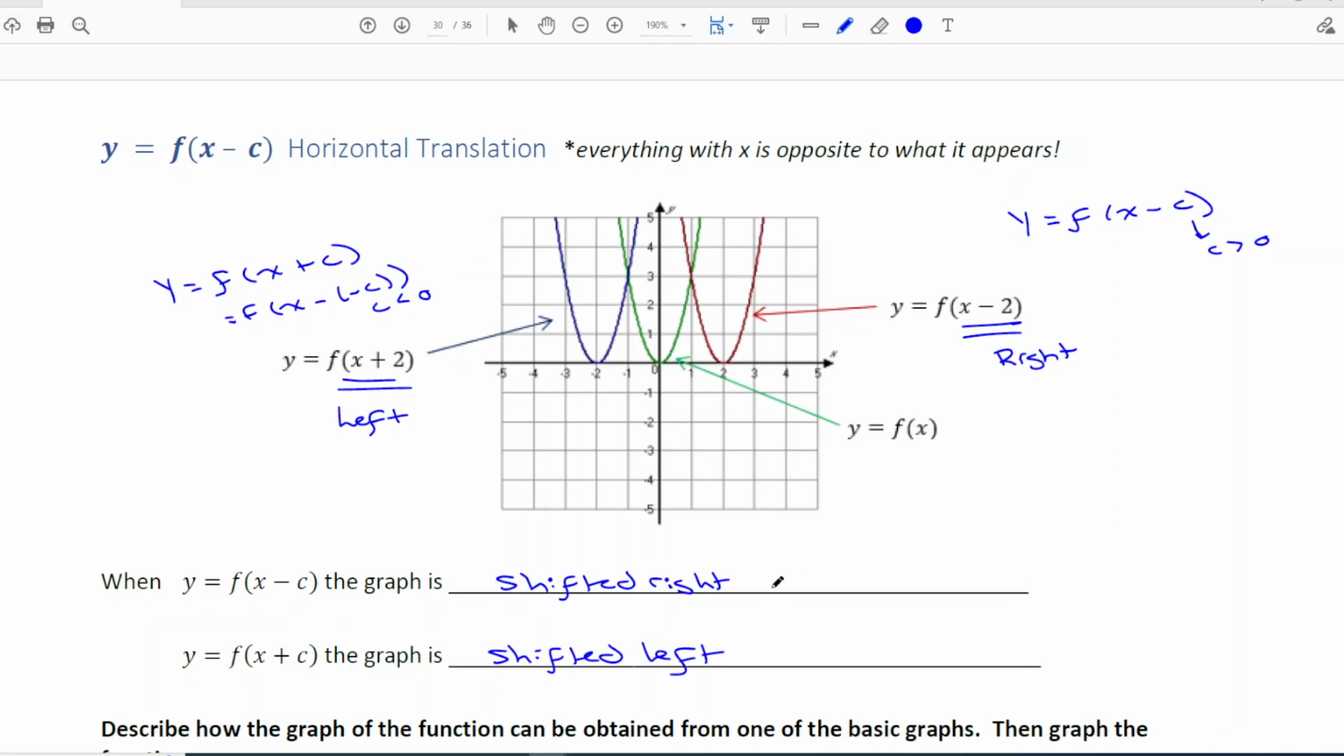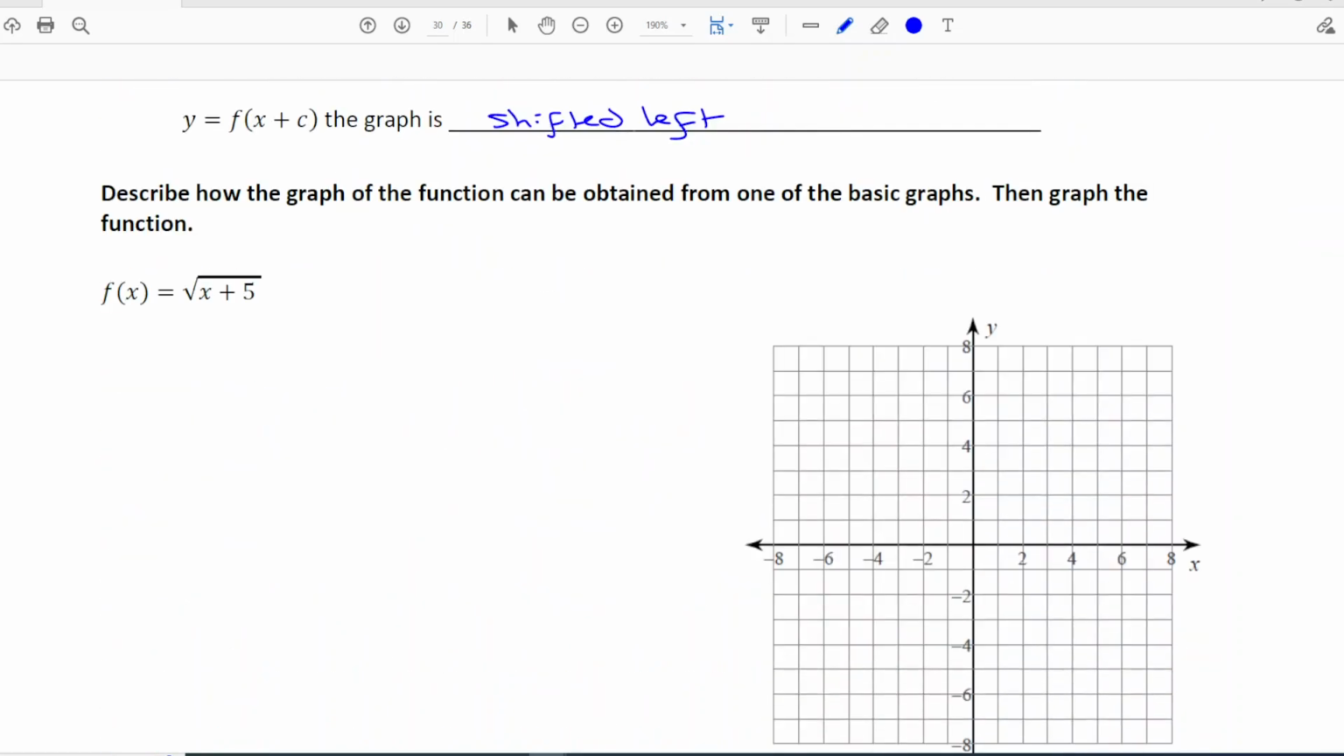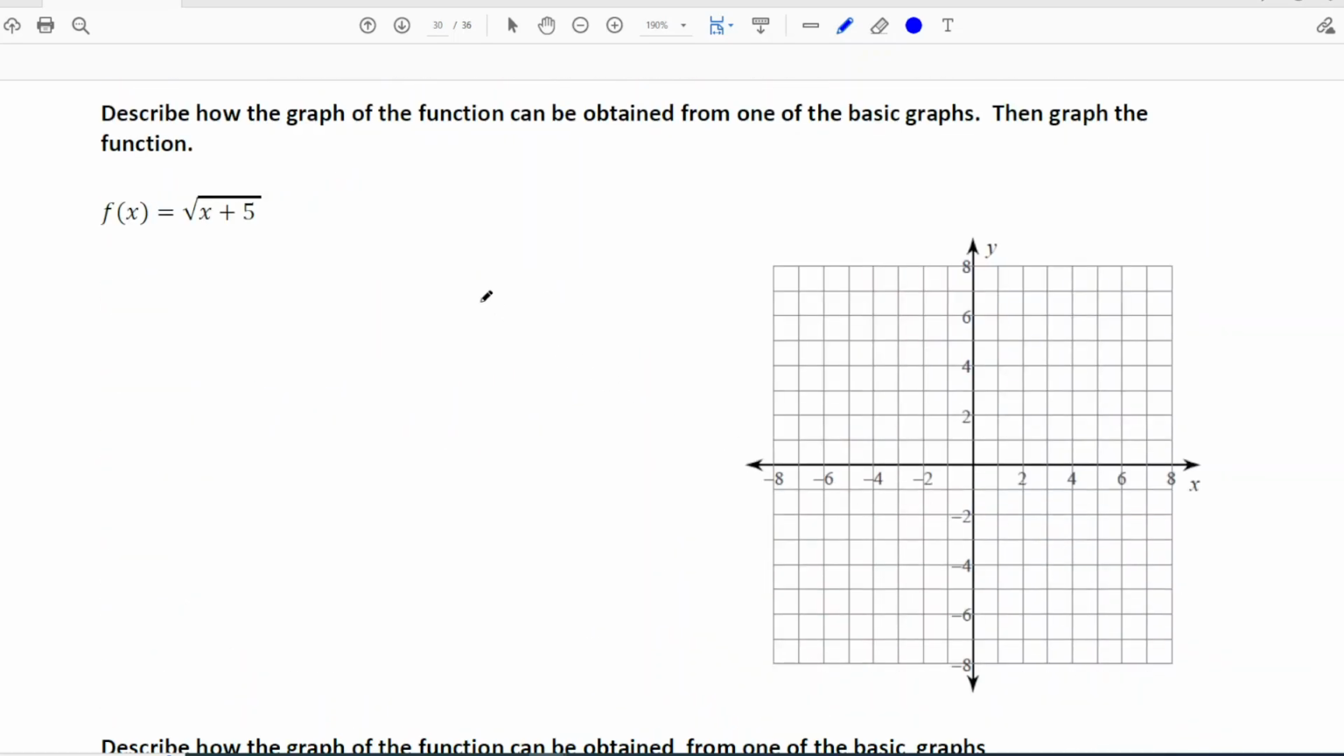Now this one I don't feel like I need to go to Desmos and show you, although I'm fighting the urge now that I've said it. But let's go to this guy. So describe how the graph of the function can be obtained from one of the base graphs, then graph the function. So the first thing we're going to do is start with the graph of y equals